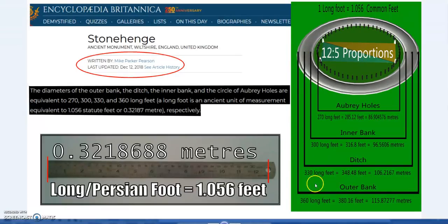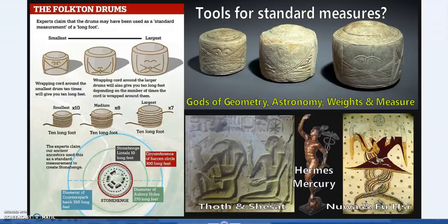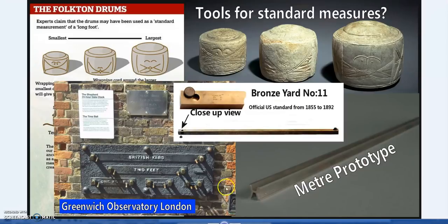What we have is the measures there. So 360 long feet outside, for the ditch 330 long feet, 300, 270. Also the station rectangle, which has 12 to 5 proportions, creates a 5, 12, 13 Pythagorean triplet. Pythagorean theorem. But if we go back, and what's going on here now, this concept is one that's still with